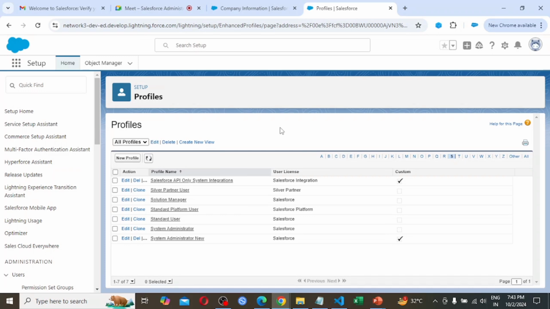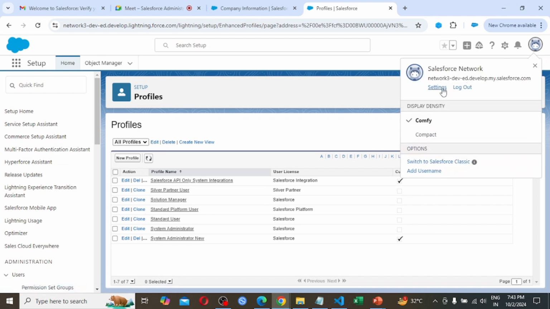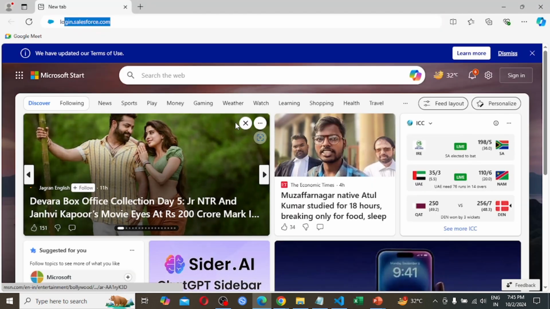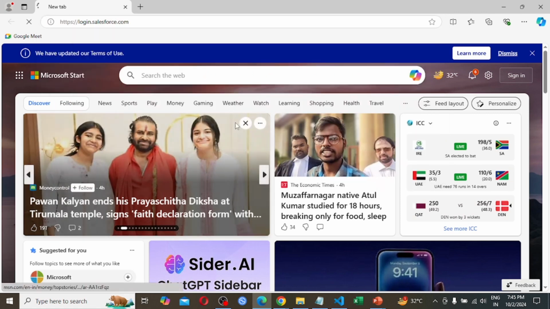Now I am going to log in to the user A account with a different browser. As I had already logged in to Google Chrome with the training 1 account, I am now going to log in to the user A account with a different browser. Here I have to provide the URL login.salesforce.com and hit enter.